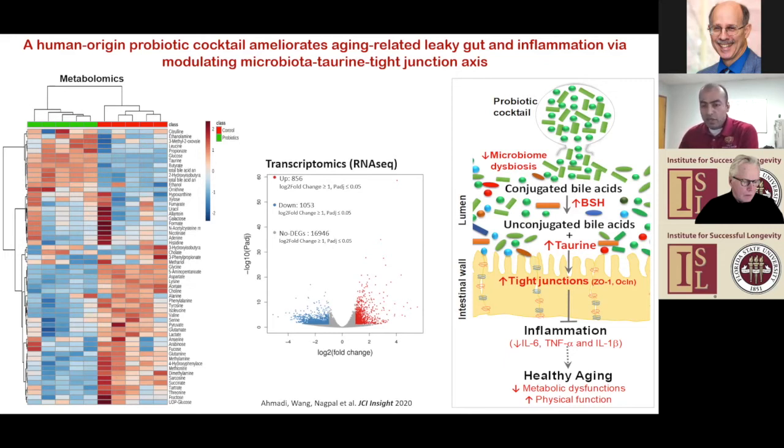And we did a lot of in vitro assays, and we verified that microbiome-derived taurine was actually the one metabolite which improved the expression of tight junction proteins in the mice as well as in the cell culture lines of intestinal cells. And we found that this taurine, the microbiome feeding as well as the taurine feeding, improved inflammatory markers in the intestinal tissues of these mice. And we believe that this is one of the pathways by which this probiotic cocktail was able to promote healthy aging in terms of improved metabolic health and improved neurocognitive and physical function in these mice.